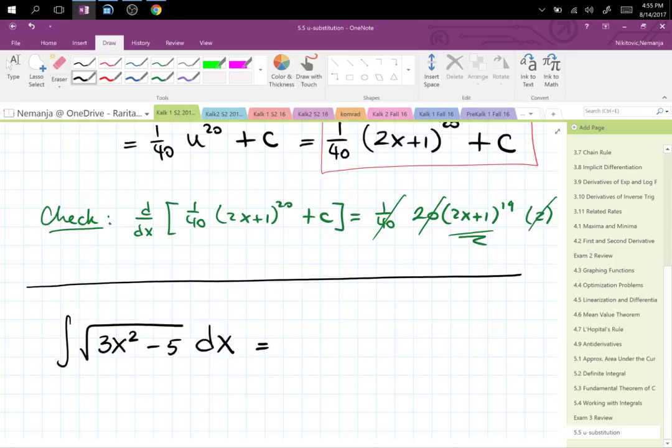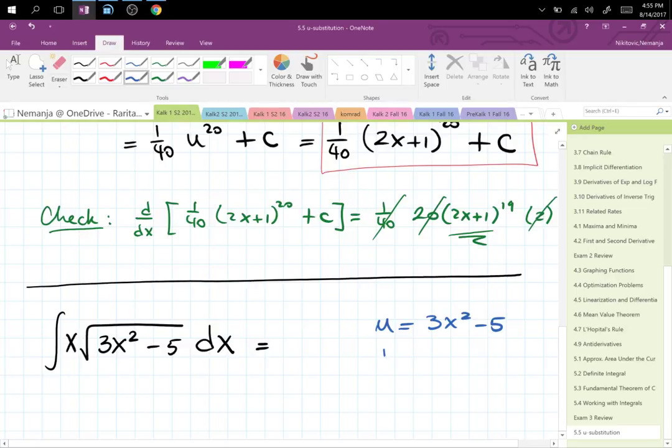Oh, sorry, I need x outside. So you say, I know how to integrate square root of x, but I don't know how to integrate the square root of a complicated expression. So you say, I'm going to take whatever is under the square root and make that one variable,